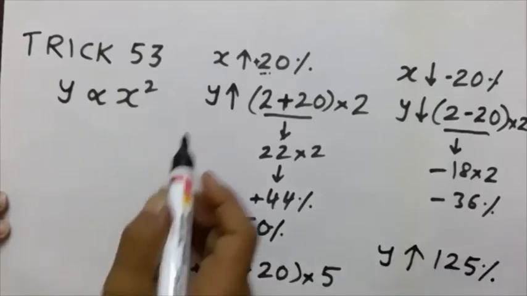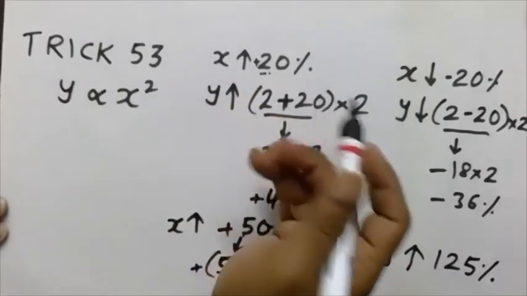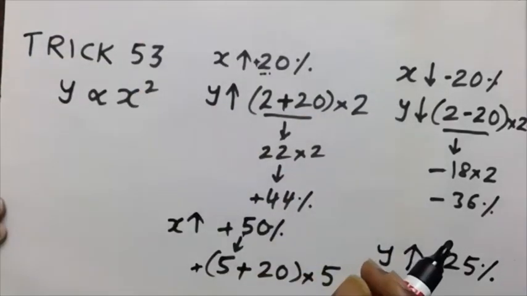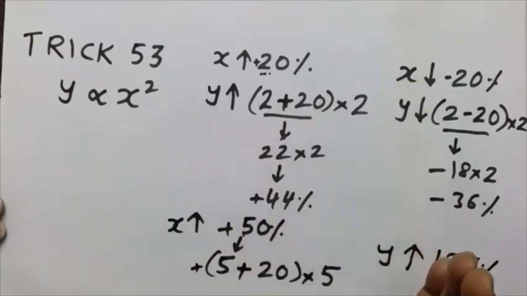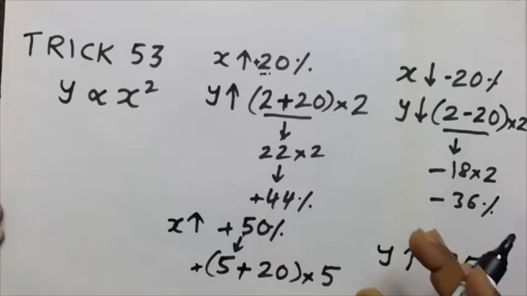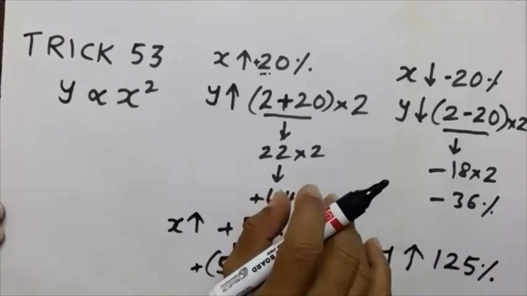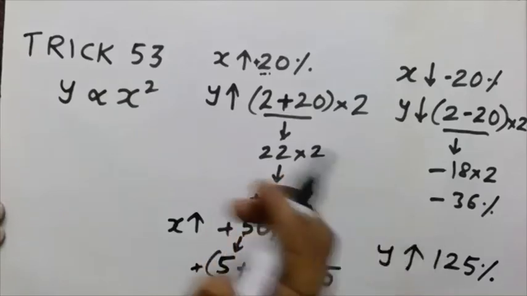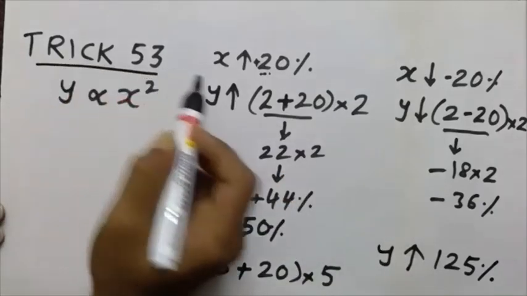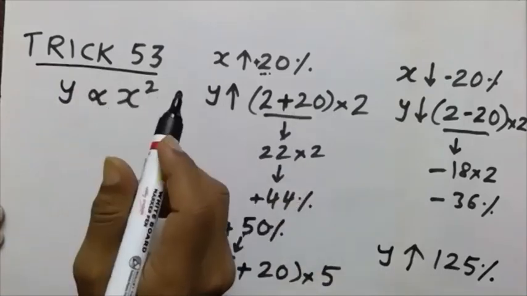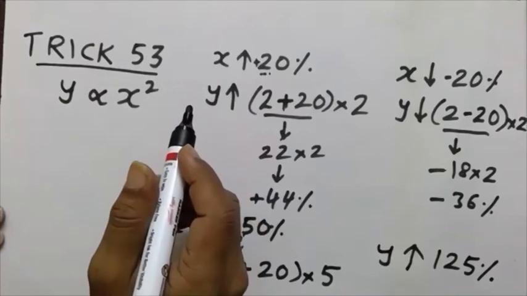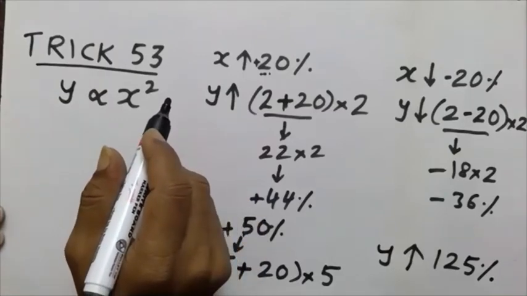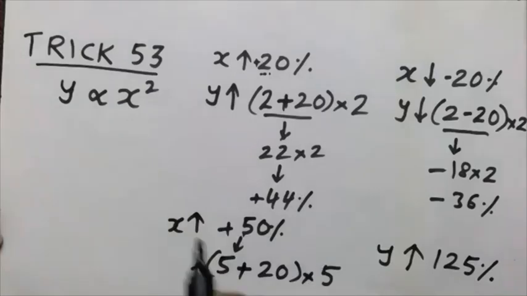See, again, it is the same procedure we did in trick 52 and 51 also, but with a small deviation here. Whichever you feel is easy, you can take up. Both are easy only. Practice both tricks 51, 52 along with 53. You practice many cases, then only it will help you. Otherwise, only listening is not the only criterion. You have to practice. So let us go with if x decreases.